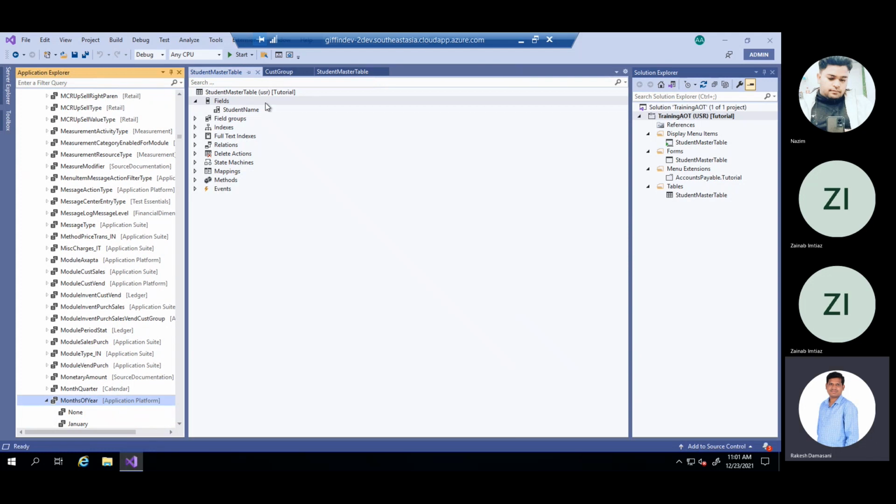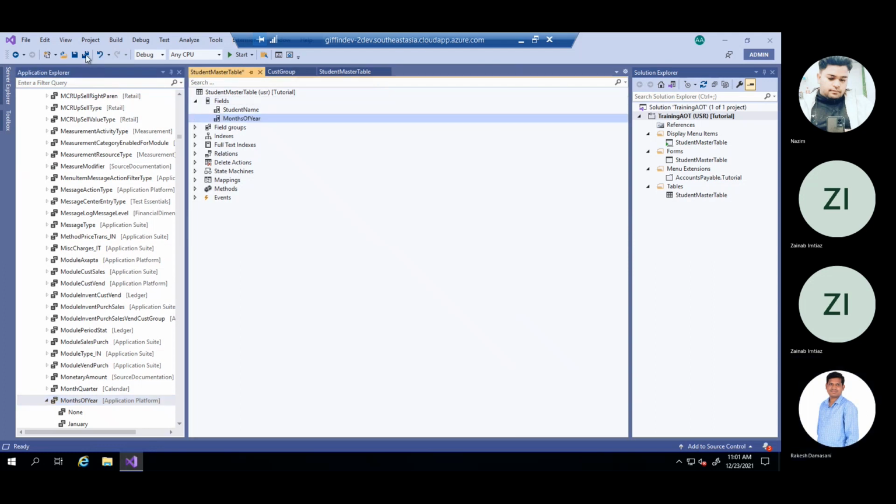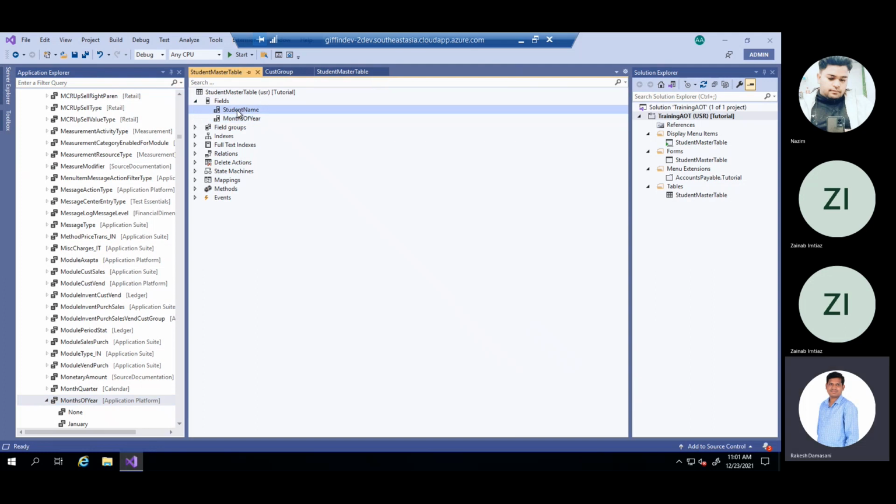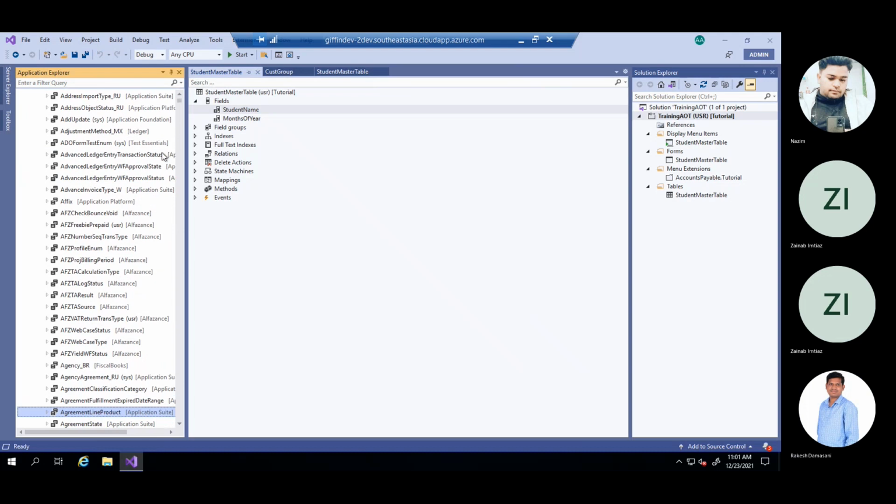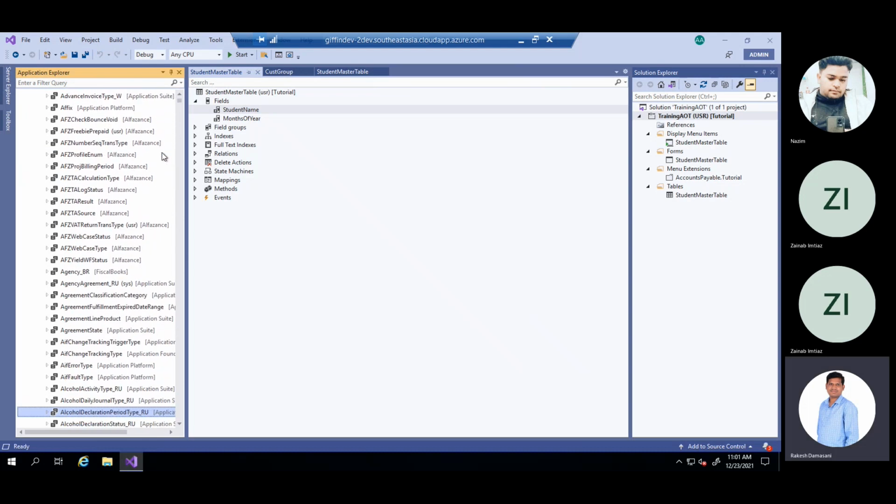If you want to add any field on the table, you can directly drag and drop that one. I have dragged and dropped months of year, and if I want the age of the student, age is not there.